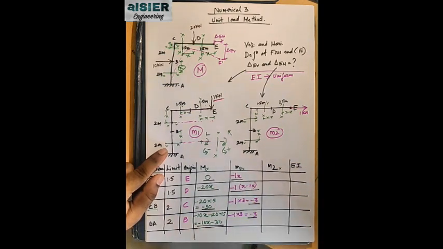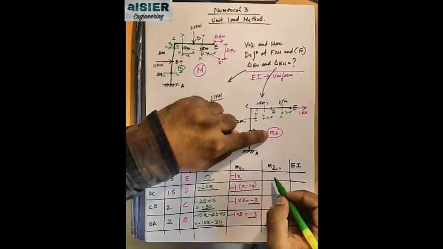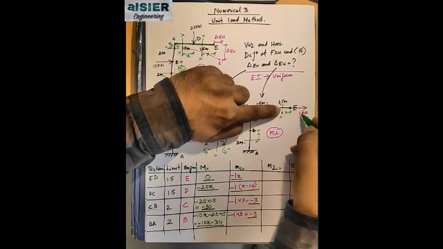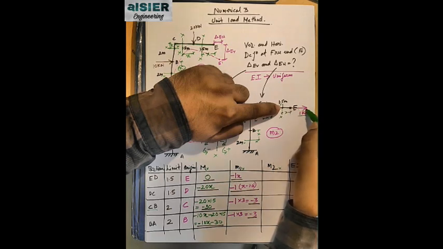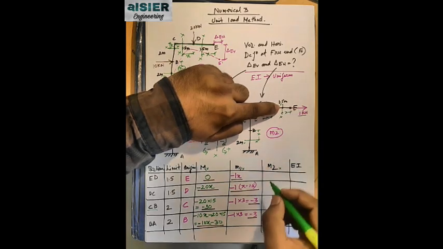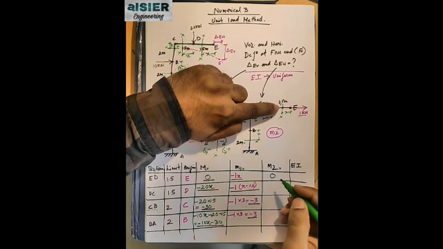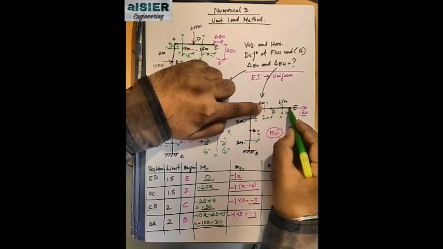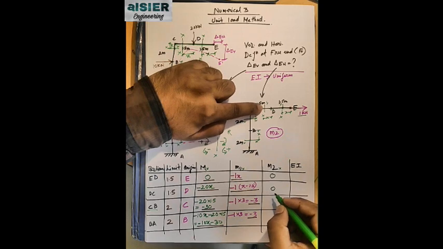Now we will calculate for M2x. To calculate for M2x, we will refer to this diagram. For region ED, this is the section. Is there any load on the right side of the section? Yes, there is a load of 1 kilonewton. But since it is passing through the section, the perpendicular distance between 1 kilonewton and this point is 0, so this equation will be 0. Remember, whenever a load passes through the section, the moment is always equal to 0. Now for DC, again you can see the point load is passing through the section and there is no other load, so here also the equation will be 0.